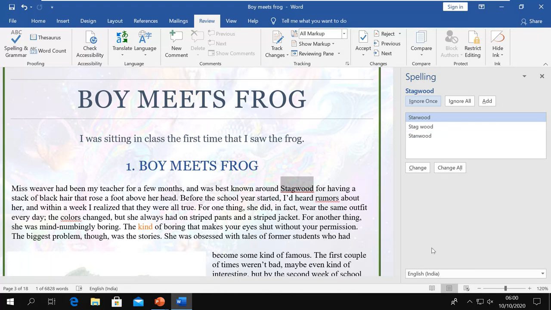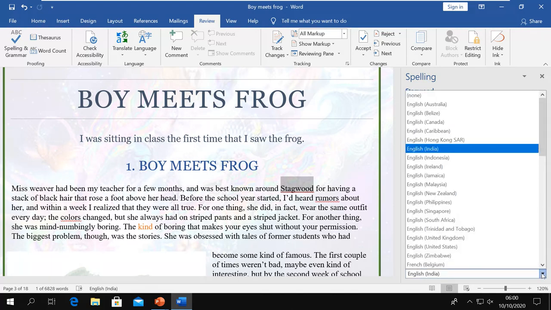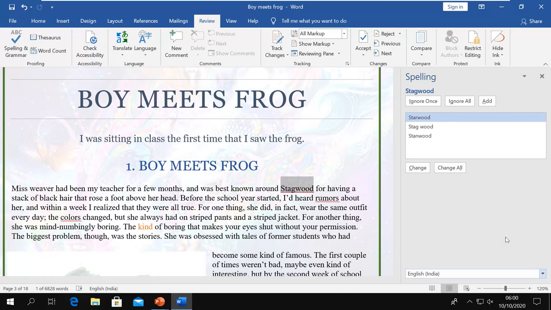We can use different types of dictionaries here, the proofing language. So sometimes it is based on the proofing language which you are using. But normally names are not in the dictionary. So whenever you have a name in your document, it will always say that this is a spelling mistake. Now when you see a spelling mistake, you have to be careful. You have options here for what you can do. You have the Ignore option, the Add option, and also the Change option.